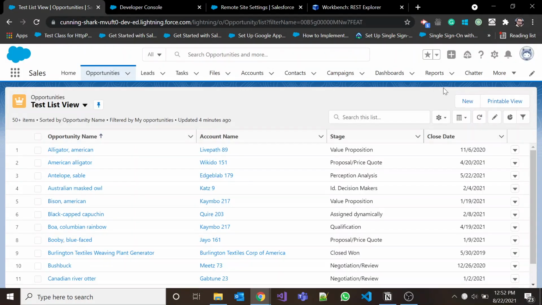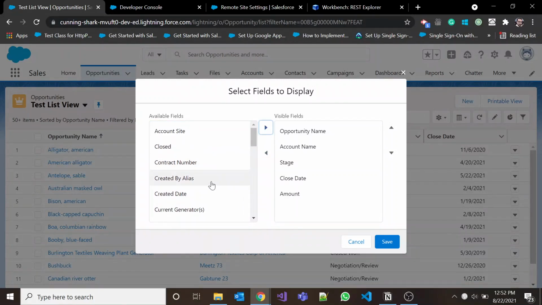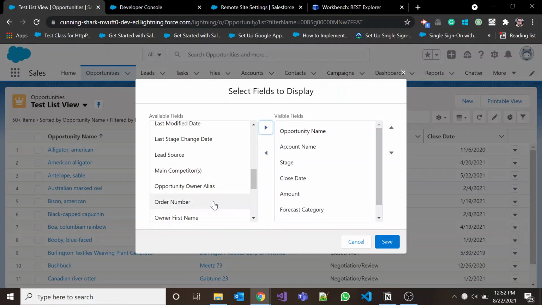Now let me change the fields. Let me add some more, order number also. So we have added 4 new fields.